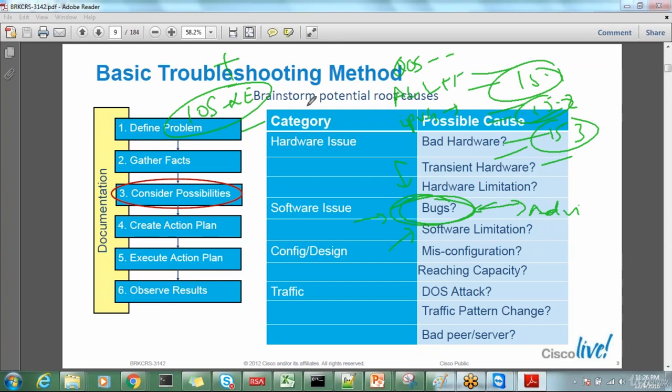So it's very important to ask the customer: have you done any change? Have you done any recent change? Have you added some switches in your network? Have you done any design change inside your network before you suggest any IOS upgrade or downgrade? It's very important. Please be aware whether they have added some new server in their